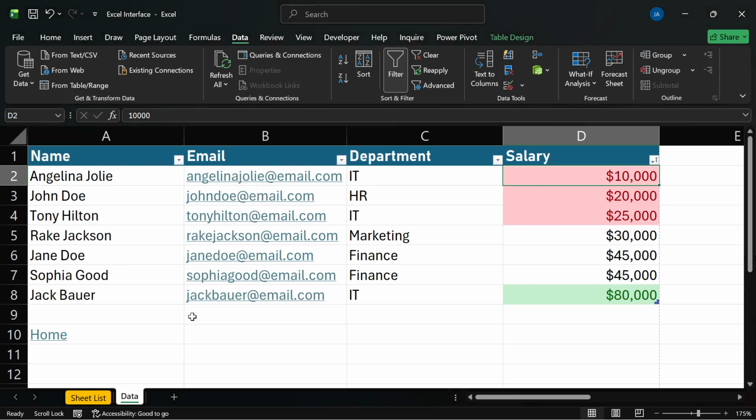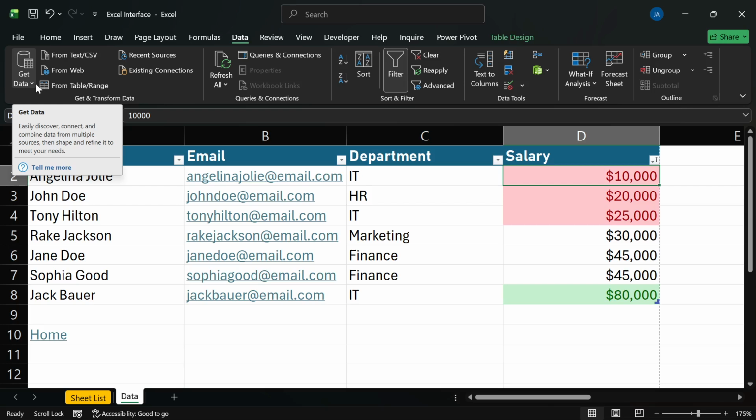So it depends on the version of Excel you're using. Just check your version, know what works for you. If you really need Power Query and you're using 2013, 2016, 2019, all the way to the recent one, or you're using 365,